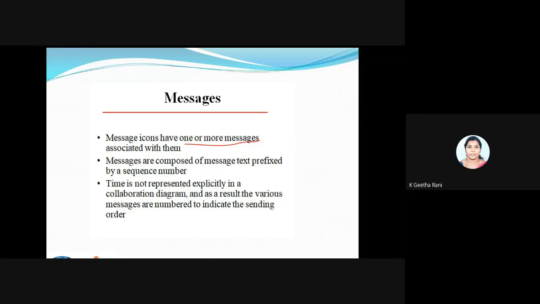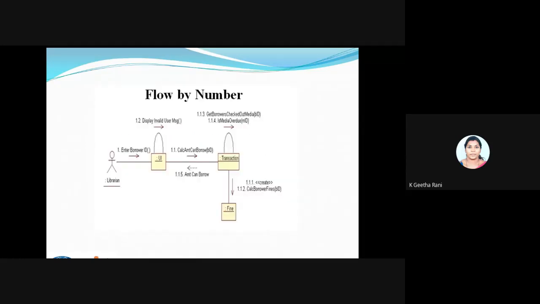The sequence number is optional in our sequence diagram, but this number is very important in our collaboration diagram, like 1, 1.2 and all those things. We saw two differences. The first difference is that in a sequence diagram, for one particular link only one message can be passed, while in a collaboration diagram, for one link I can pass two messages.